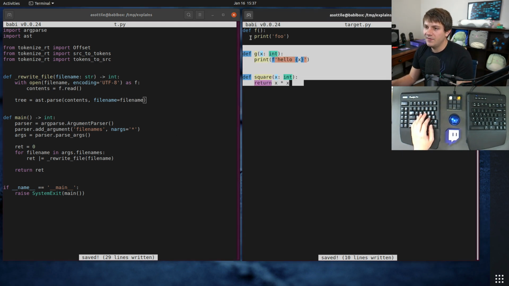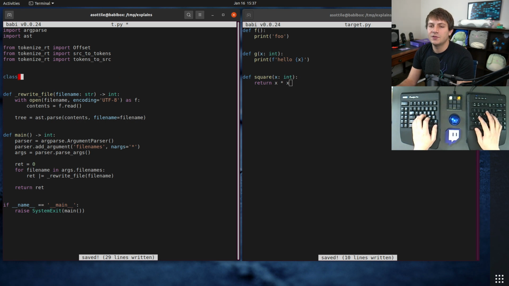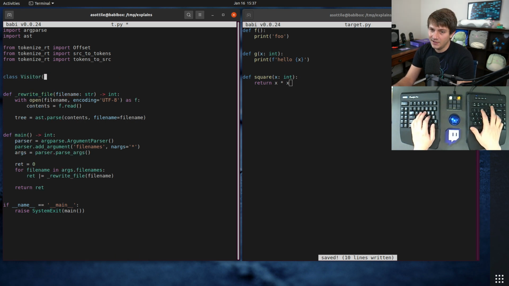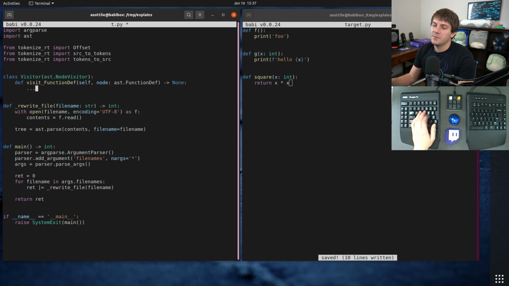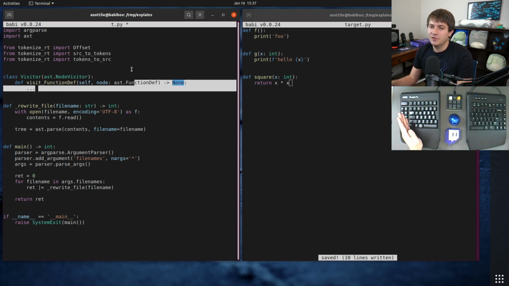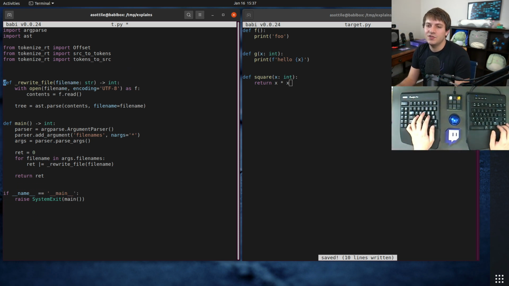All right, so next we need to find these function defs, and there's kind of two ways to do this. One is to use an AST NodeVisitor, which I find is useful if we're going to have a more complicated visitor. This has a bunch of visit_FunctionDef callbacks that you can add, such as this, and you can write a visitor like this. I've actually shown a visitor like this in another video, which was my Flake8 plugin. Since I've already shown that before, I'm going to show you the other approach, which is to just use